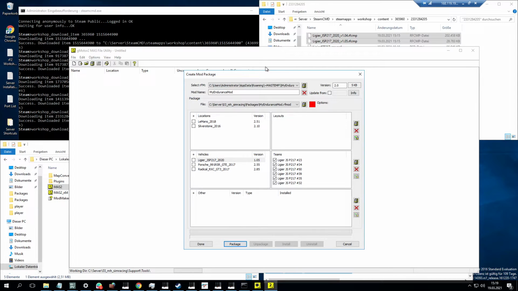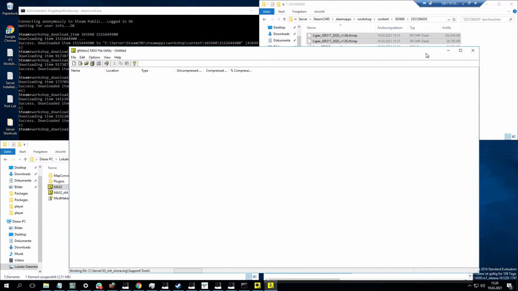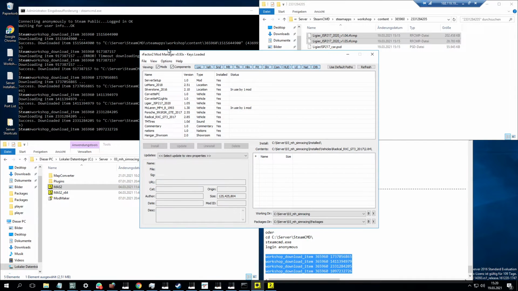So if you subscribe to every content, you will have it on the PC. So you really want to have small data. Just put the mod information on package, and the packaging completes with no errors. You install it. The mod is installed. We quickly double check that on our